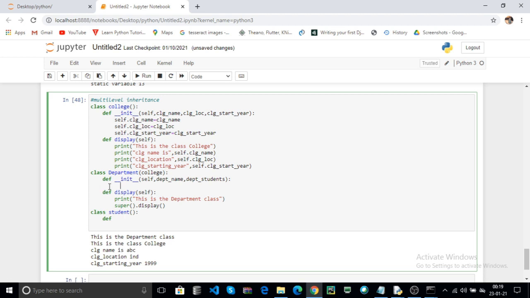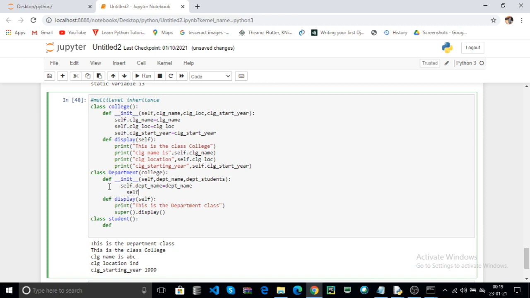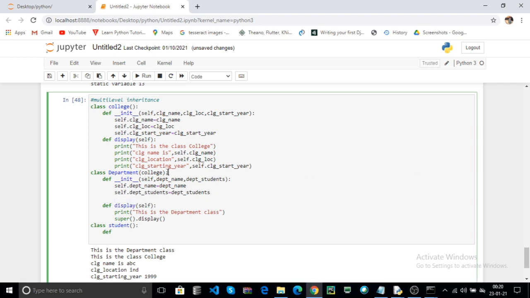Now here you can initialize the same way: self.DEPT_name equal to DEPT name, and self.DEPT_students equal to DEPT students. Now here this is the one constructor.